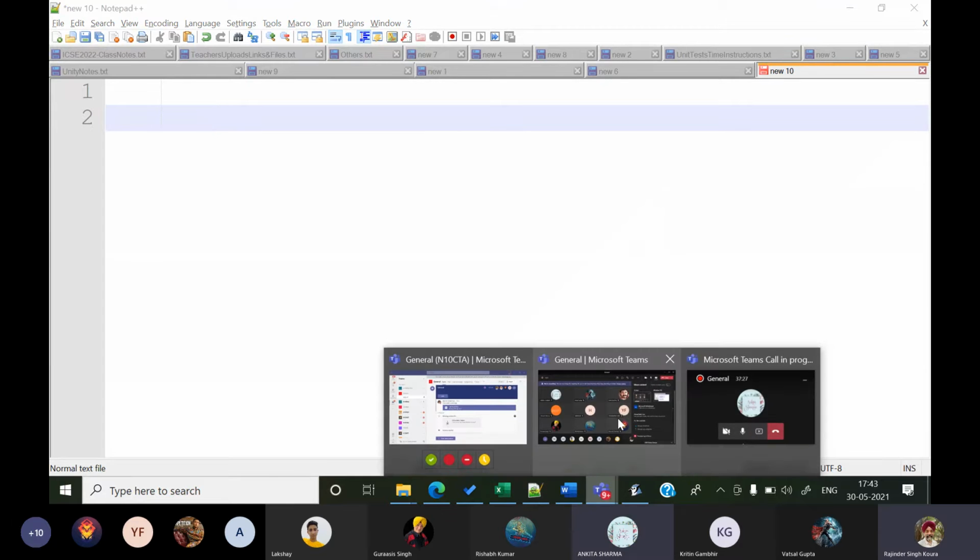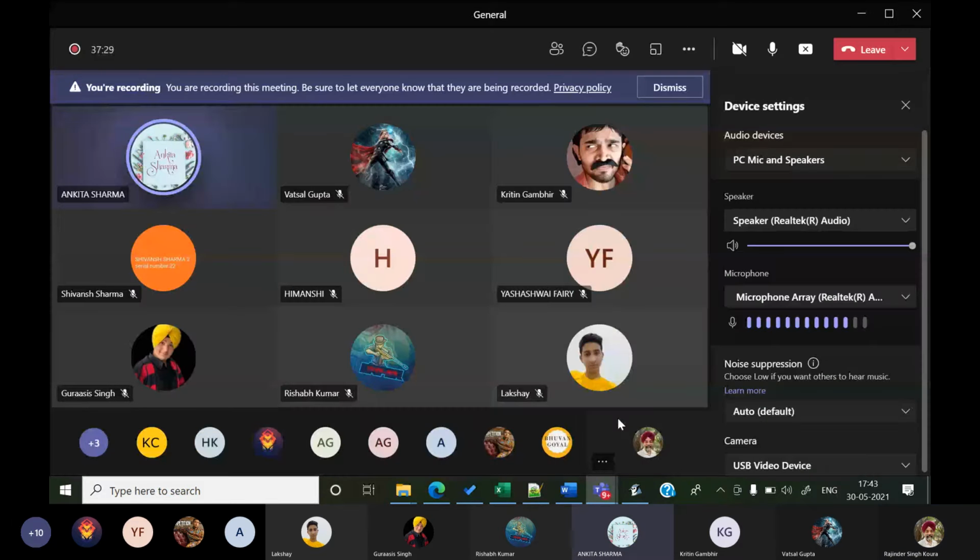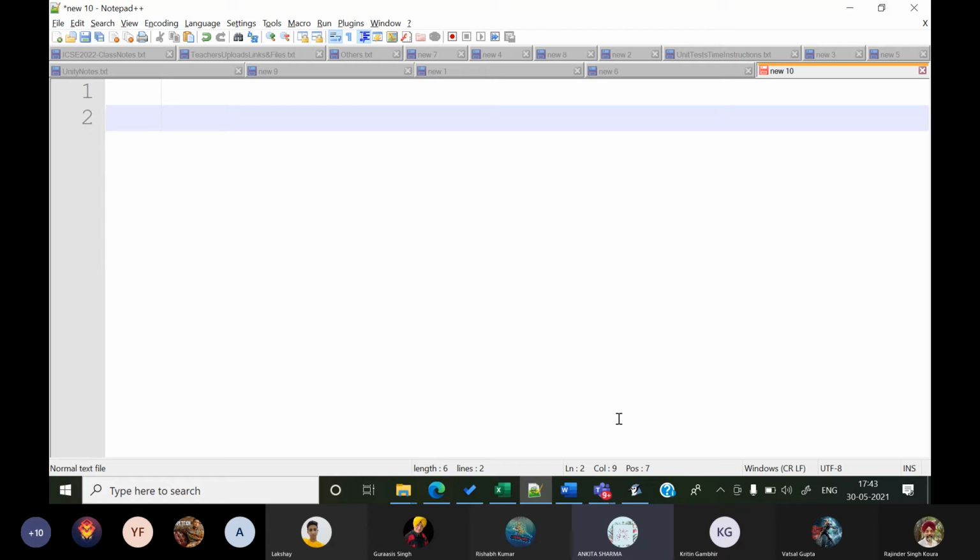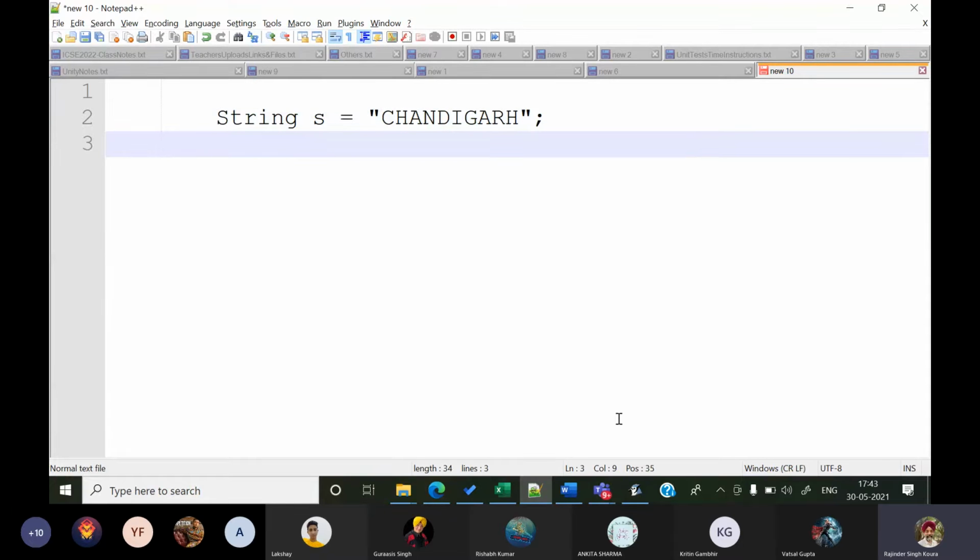Can you once again please explain how we use the s.length function in s.charAt? Suppose I have a string s containing Chandigarh, and I use s.charAt.